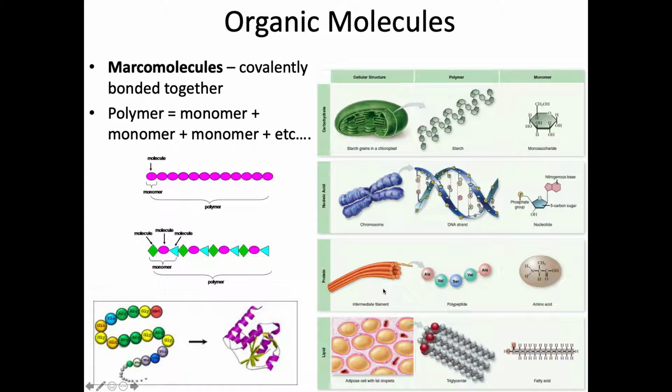Here, as an example, we have an intermediate filament that's made up of several polypeptides. And remember, polypeptides are amino acids that are strung together in a particular sequence to make this particular protein. So the last class of organic molecule, and some books will say that it's a macromolecule, some books will say it's not a macromolecule,